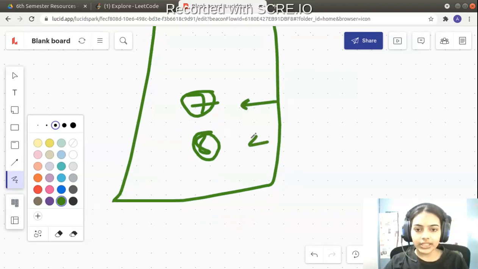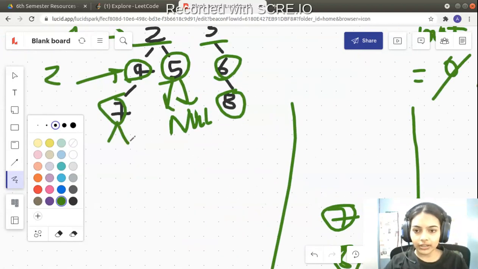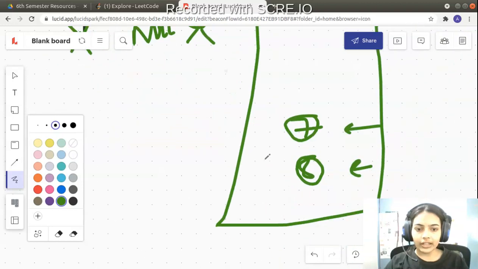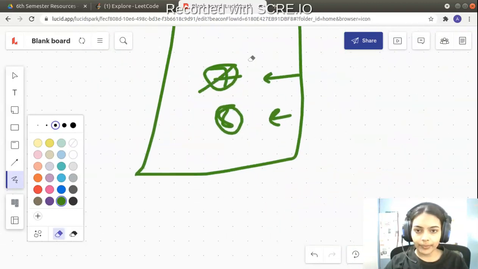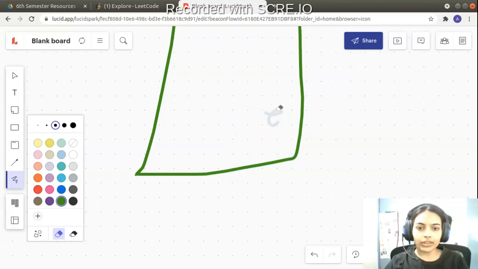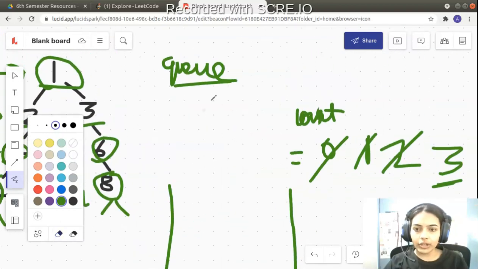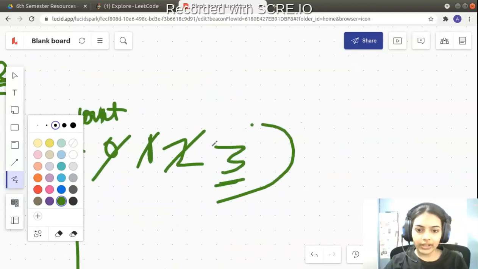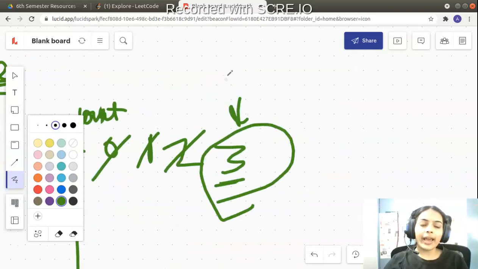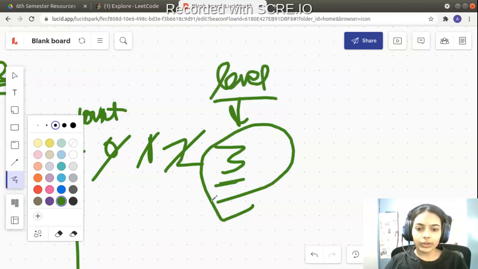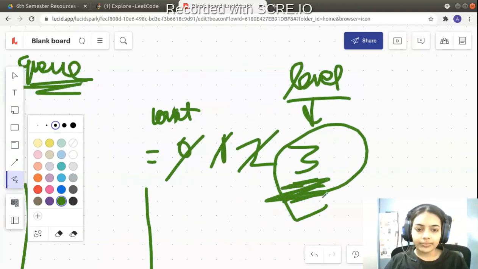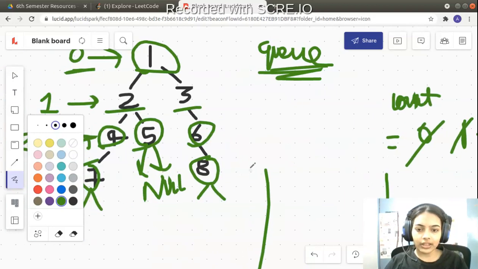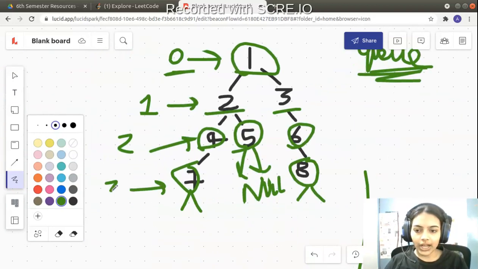Now there are two children, 7 and 8. Again we can search for their children, but all the children of 7 and 8 are null. So we can just pop that without inserting anything because its children are null. Similarly, you can pop 8 without inserting anything, its children are null. So now our queue is empty. That means we know the level. The last level, or the maximum depth, is 3. So the last level is 3, and we know that we have to check the nodes at this level and return the sum of those nodes.